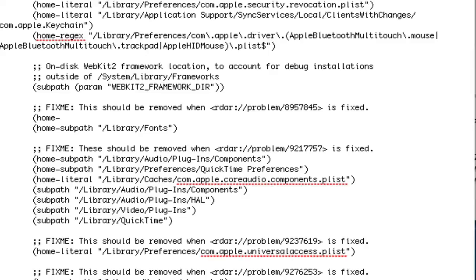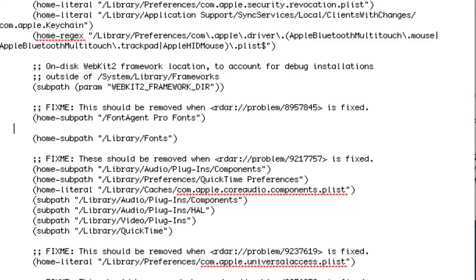We want to type in home subpath, just like the line below, space, open quote, and now we're going to type in FontAgent Pro fonts, and you'll want to type this exactly like you see it. Both of these lines you want to type exactly like you see it. Home subpath,